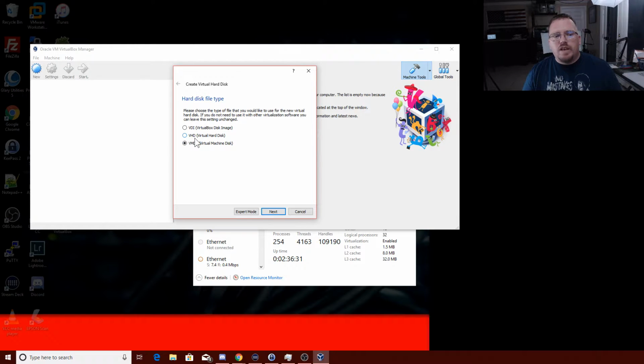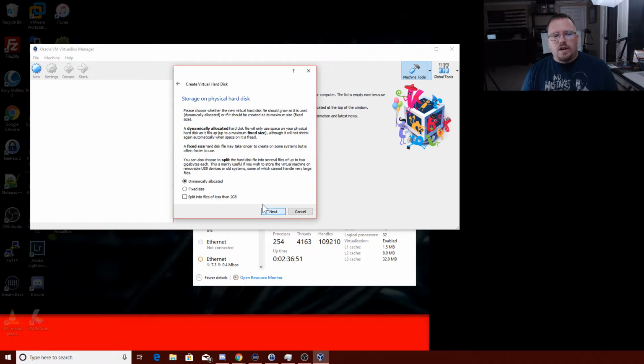But VHD, or virtual hard disk, and VMDK are universal, meaning if I wanted to take this virtual machine and port it over to VMware, I could using a VMDK. So I'll usually do a VMDK or a VHD. After I hit next,